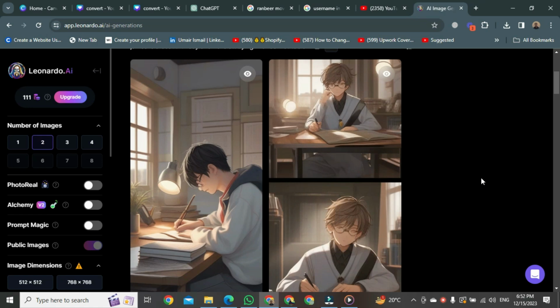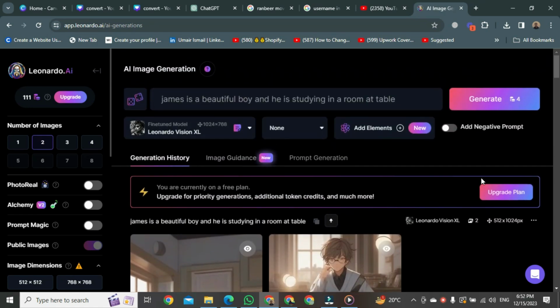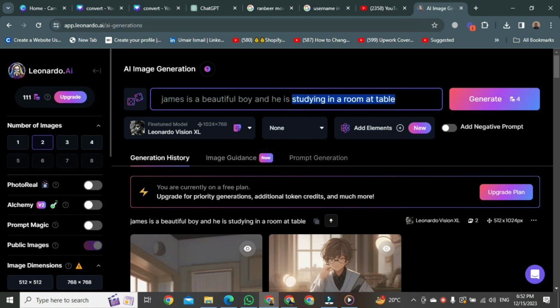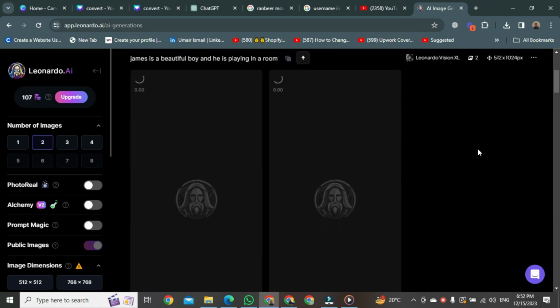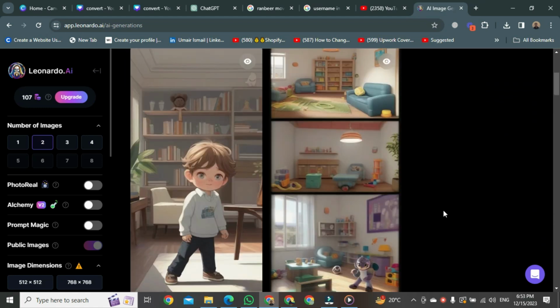So, let's go to the upper prompt of your laptop screen and try to create a consistent character for our storybook. So, I am writing, James is a beautiful boy, and he is playing in a room. I have just changed the prompt from the last. In the first round, he was just sitting in a room, and now he is playing. Just click on the Generate button. After clicking, it will take 20 to 30 seconds. There you go. Your images have been generated, and you can see James is playing in a room with his